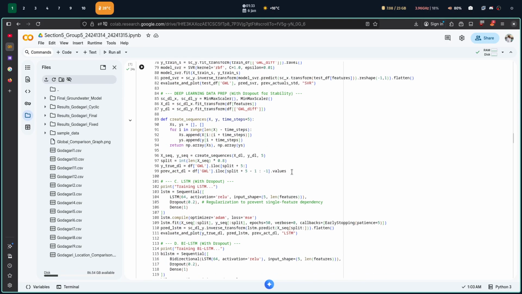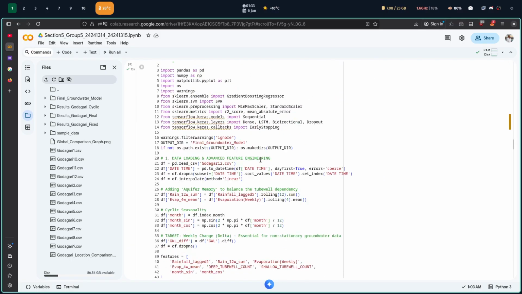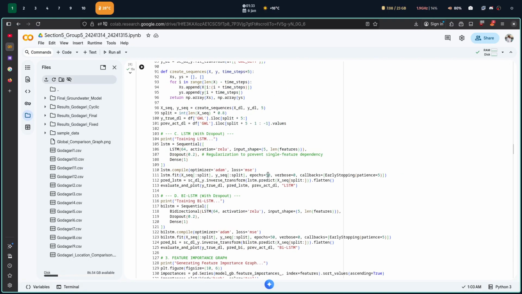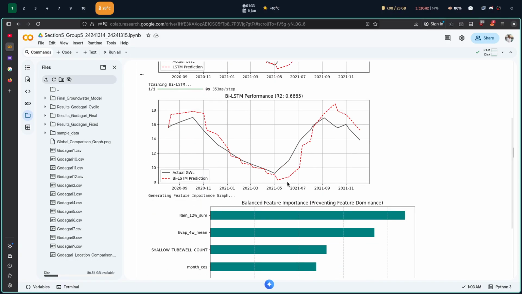So what did we do? We tried to remove the feature cheating. Basically, it was using only one feature. So we added the